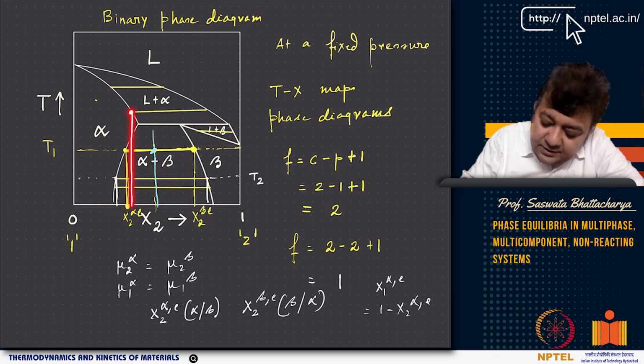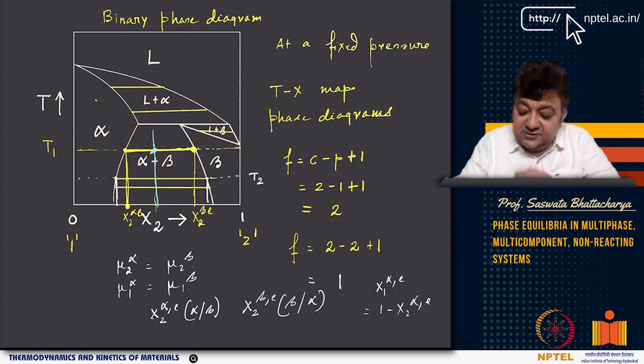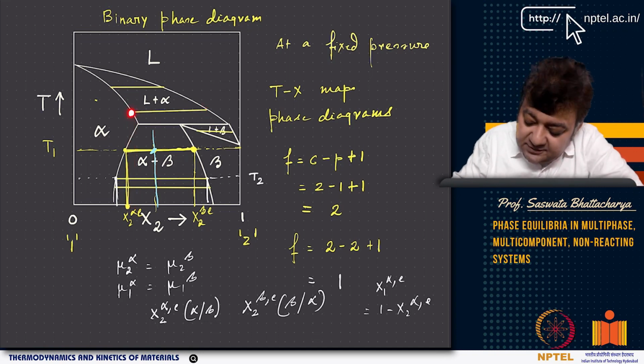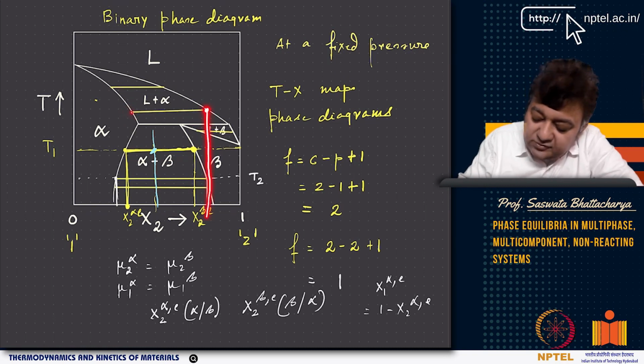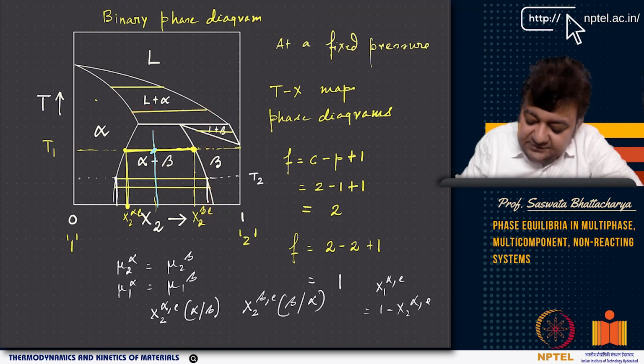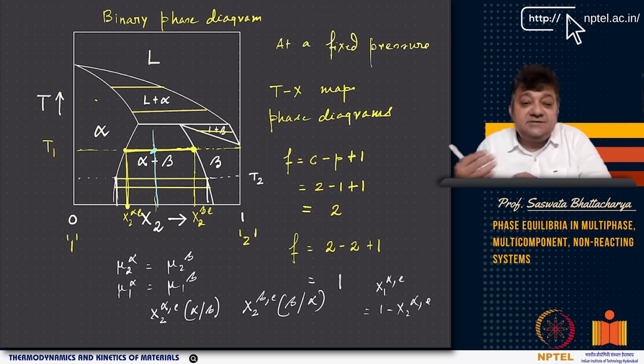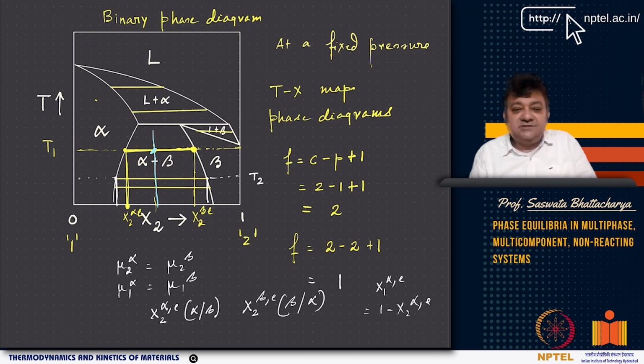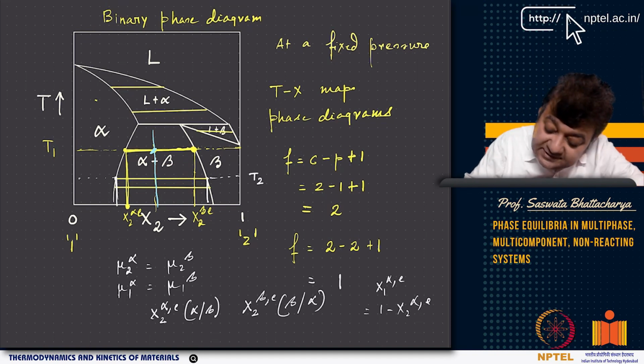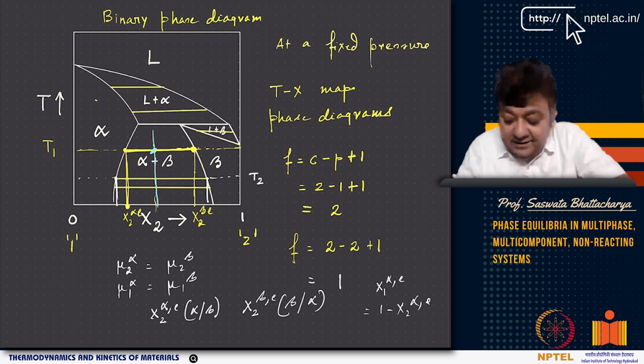At this composition, you have more 2 here, and also if you look at this composition, the liquid also, say for example, this is the solid composition, and the liquid composition also has a lot more solute. So you are basically rejecting it as solidification progresses, right? As solidification progresses, you are seeing a liquid that is richer in solute. So as it solidifies, it rejects solute, but it also picks it up, right? You can see this on this curve, right? So that's the idea. So this is the solidus.